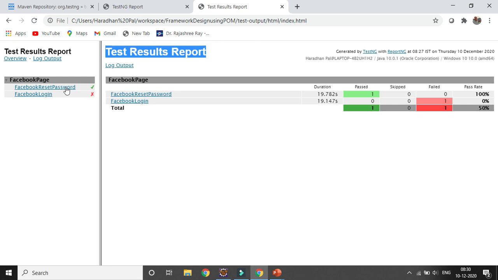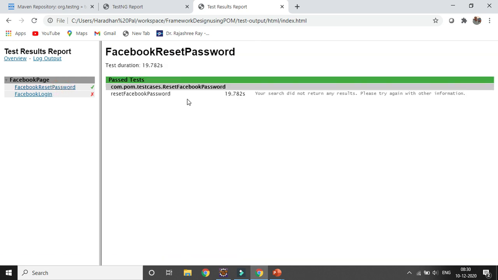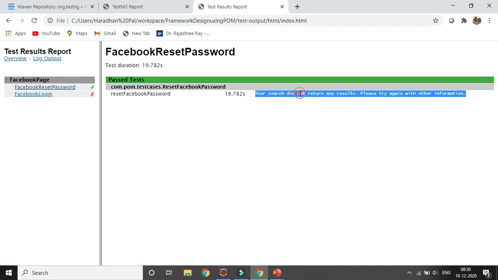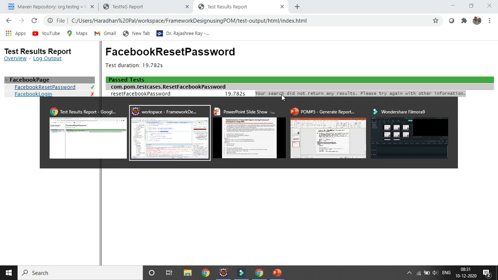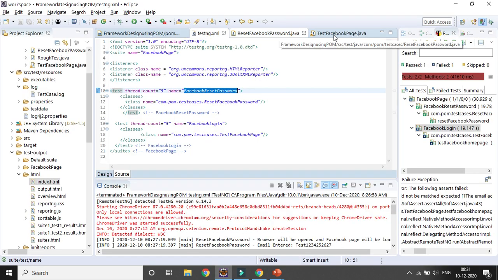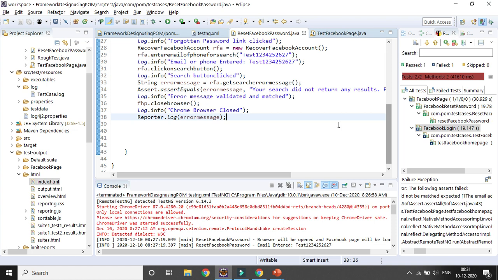Here, if you want to go for the pass, you can see the error message here also, because for the passed test case report I used Reporter.log to print the message.